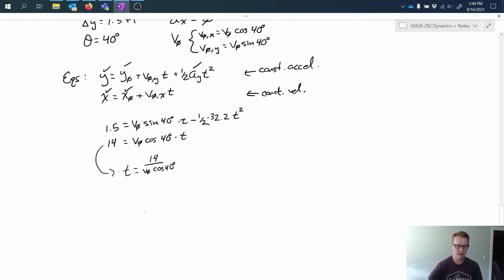And I'm going to take that and substitute it into my other expression. So I'll pull down my other equation, and I get 1.5 equals